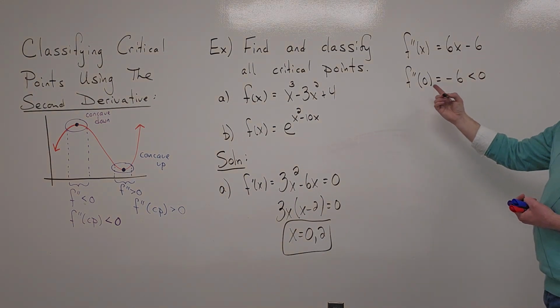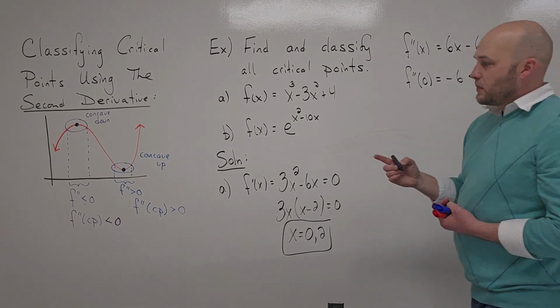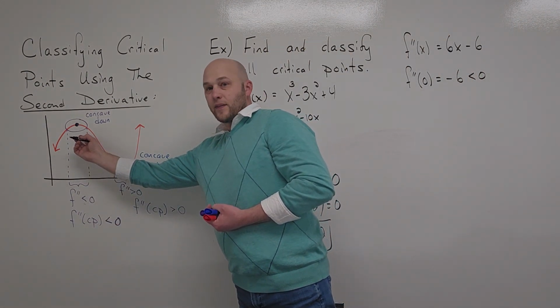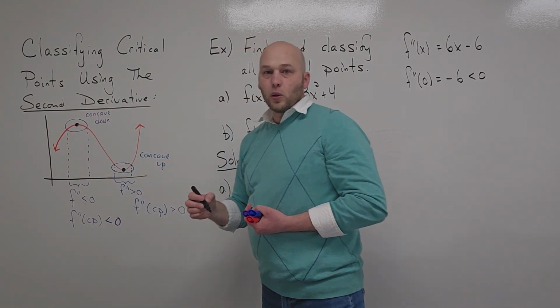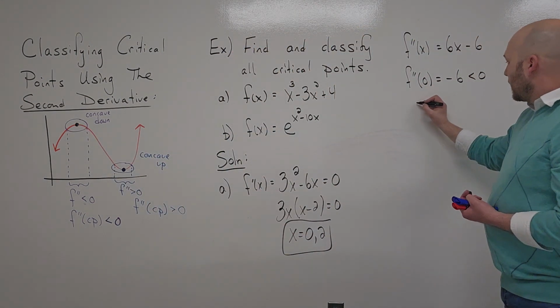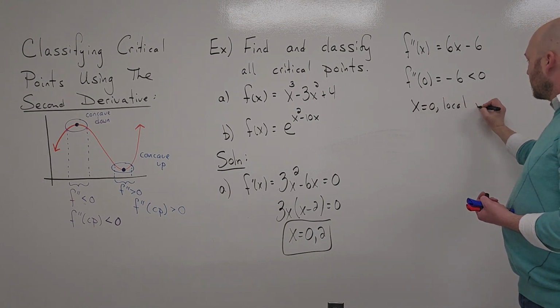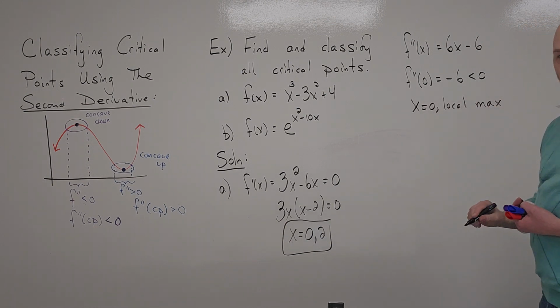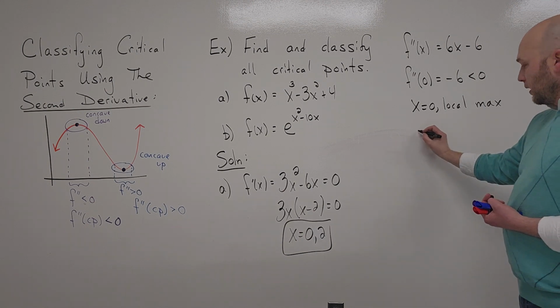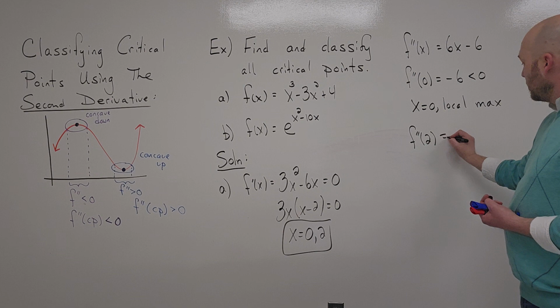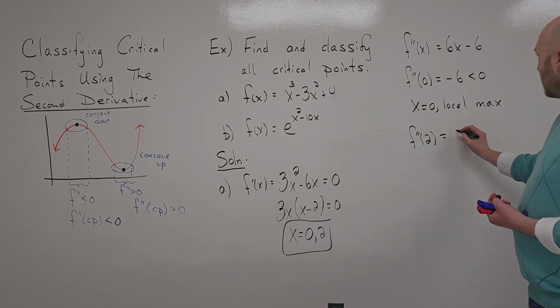And remember that the second derivative is negative means that the graph is concave down and that we have a local maximum. So x equal to 0 would be a local maximum. If I plug in the second critical point, so f double prime evaluated at 2, that would give you